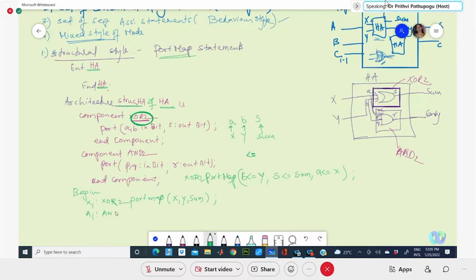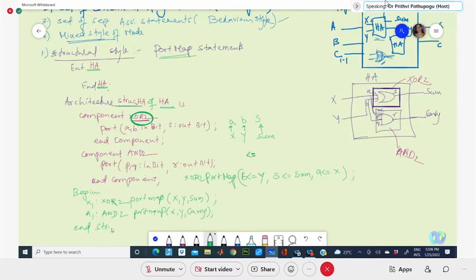The second statement, and the port map: X comma Y comma carry, semicolon. Now end the architecture with the same name of the architecture.